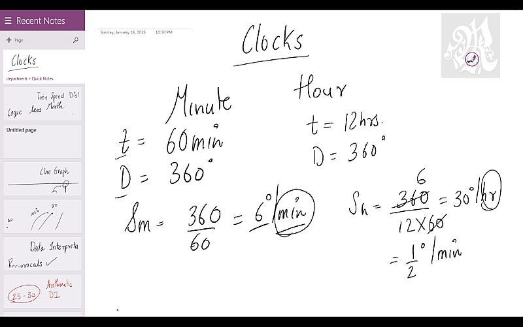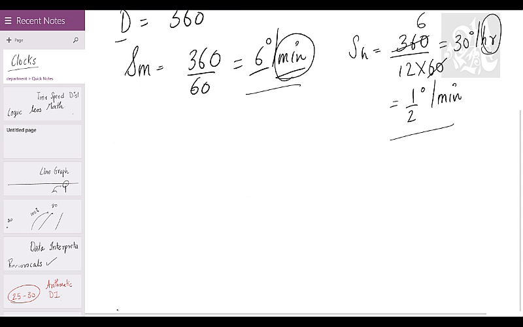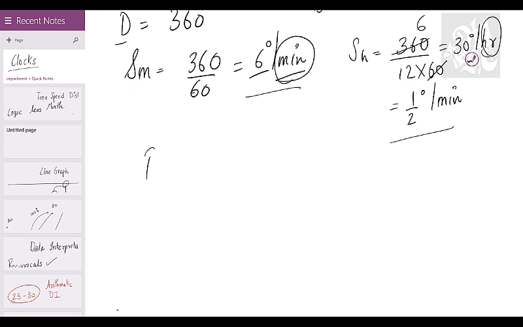Alright. So the minute hand travels at 6 degrees a minute and the hour hand travels at half a degree a minute. Are we clear with this? Then we can move ahead, okay? Perfectly fine. 6 degrees a minute is the minute hand and half a degree a minute is the hour hand. Alright, let's talk further. So, how will you use this concept? You will use this concept as a sub-concept, I would say, to a major concept called relative speed.